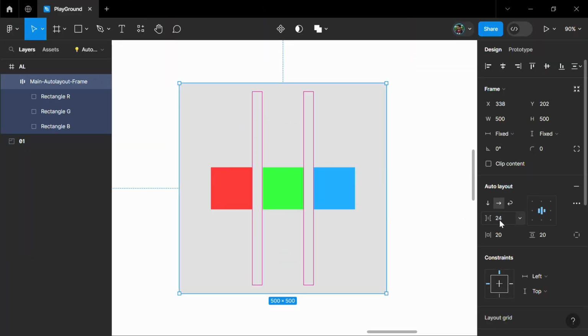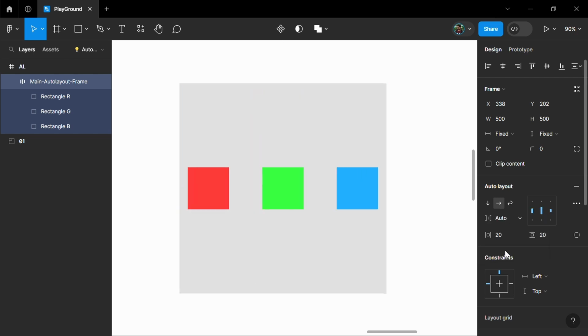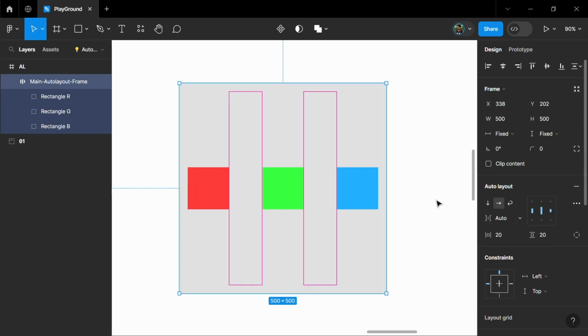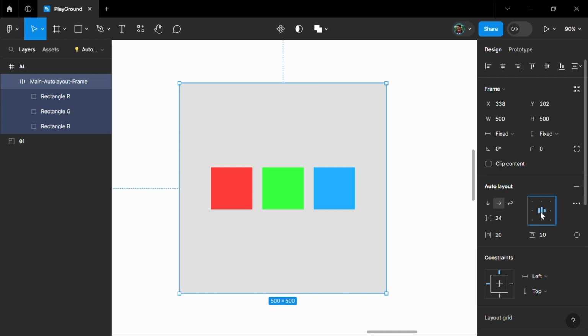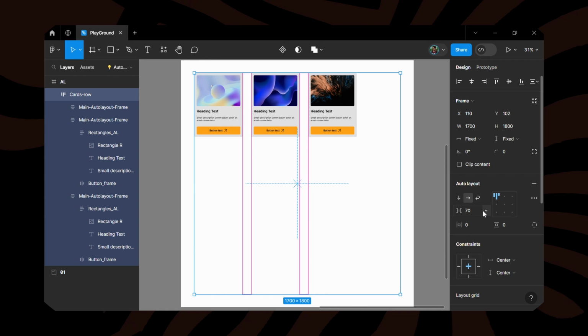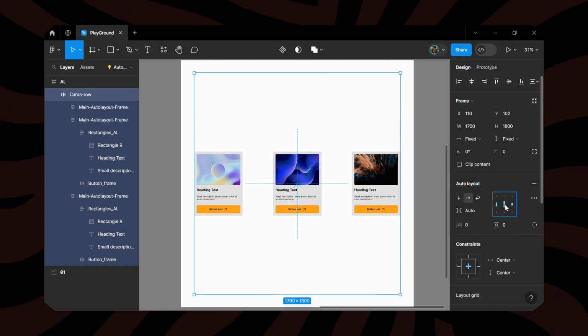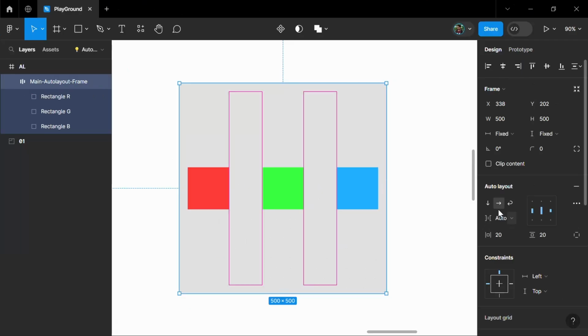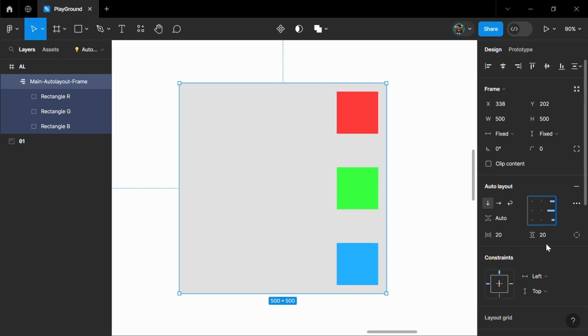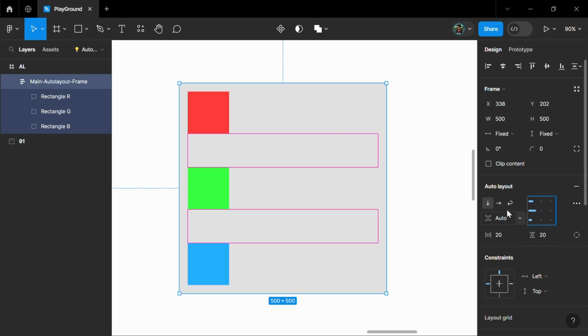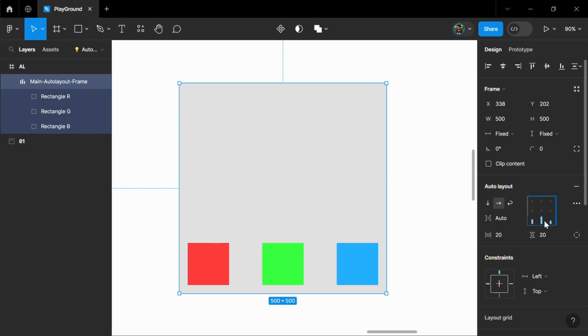From this point, you can change the spacing option to auto. This will place the object far left and far right while maintaining the padding we set. Click on the alignment option and press X to toggle between spacings or simply double click to do the same. Change the layout to vertical and you'll see the object placed far top and far bottom while having auto spacing between them. You can also change the alignments here from top to bottom or left to right.